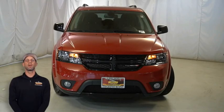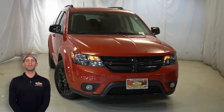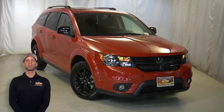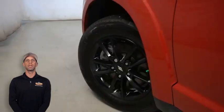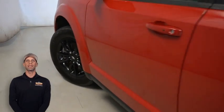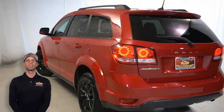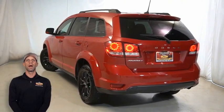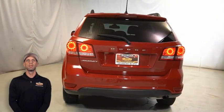If you're looking for a functional compact SUV with reliability and safety for the whole family, then take a look at this certified pre-owned 2019 Dodge Journey SE Blacktop Edition in Redline Red. With black headlamp bezels, gloss black grille, 17-inch black aluminum wheels, power heated mirrors, gloss black rear fascia applique, touring